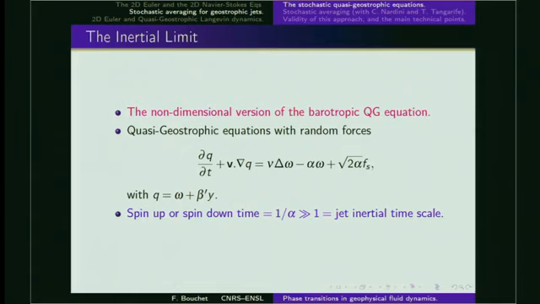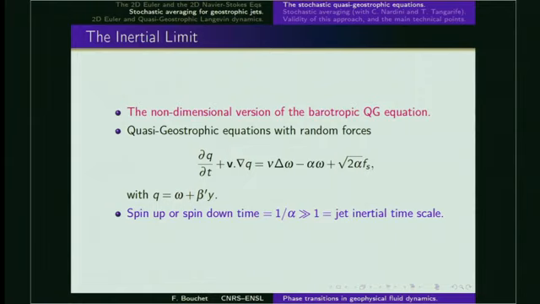So physically it means basically that the time scale for the Hamiltonian dynamics will be much smaller than the time scale for these non-inertial effects, the time scale for dissipating the energy of the system. There is sometimes the overdamped limit and the underdamped limit, so it is an underdamped limit. The spin up or spin down time of a structure, 1 over alpha, will be much larger than the Hamiltonian time scale, which corresponds to my dynamical time scale.